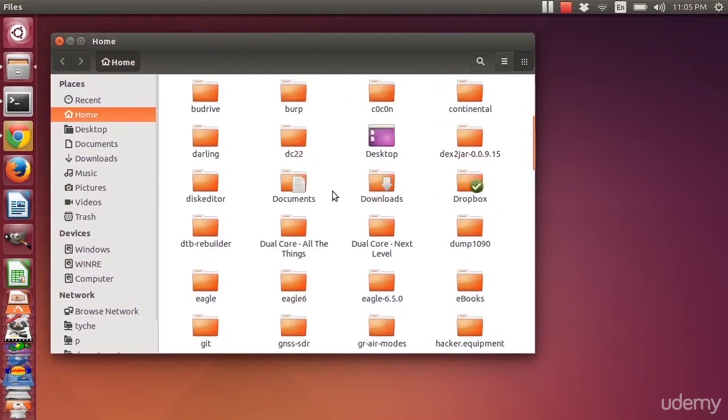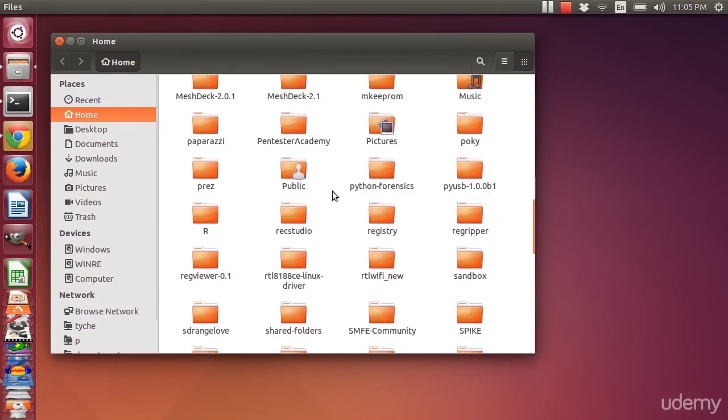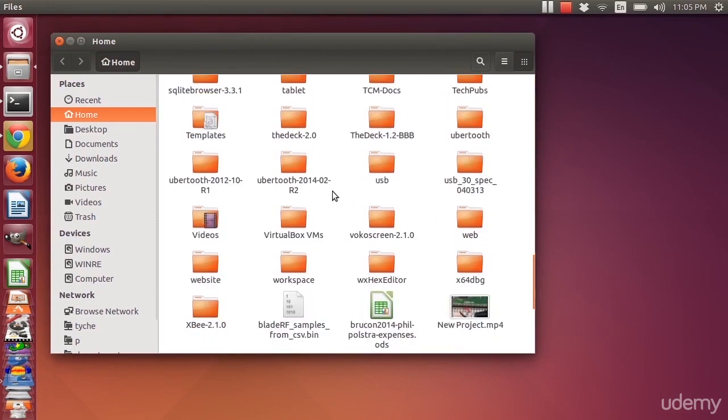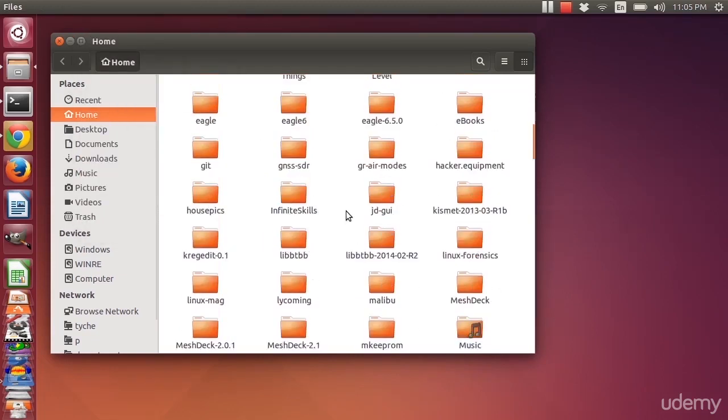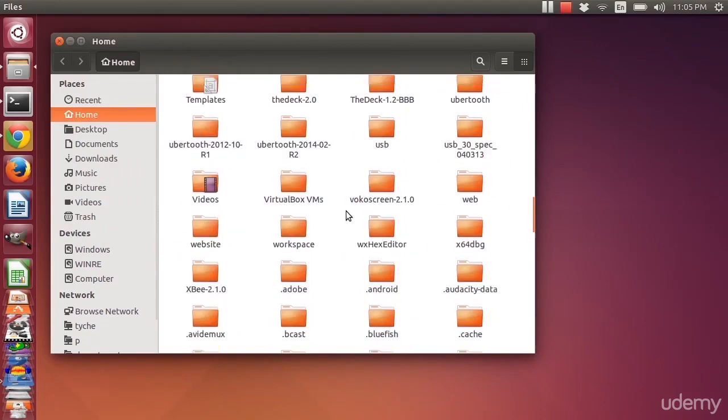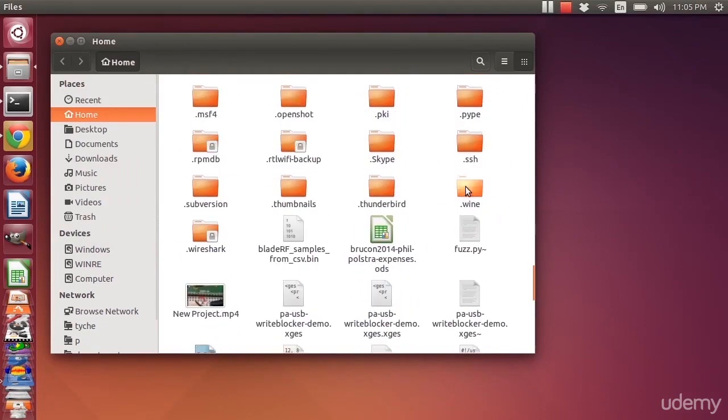Now, the wine directory will be preceded by a period, which is the default in Linux in order to hide a file or a directory. So you'll see it's not showing up for me here. So what I need to do is I need to adjust my settings. So if I click on View and I say Show Hidden Files, now I will find the .wine directory here,